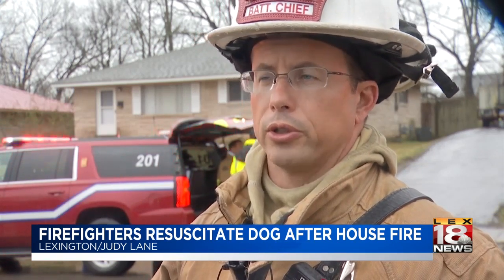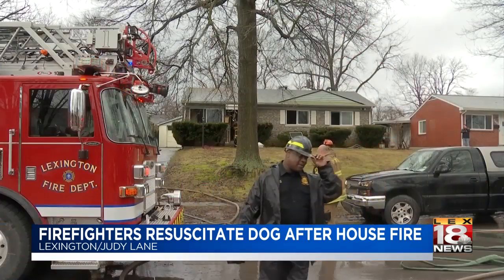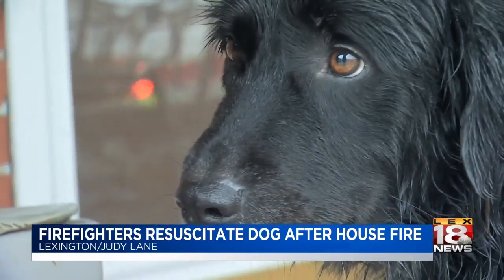We've got some heavy fire damage. Obviously the kitchen is the worst, but there's heavy heat and smoke damage throughout the house, so they are going to be displaced. But Sandra says she's not worried about the damage. The house, oh well, you know, we'll find something else or whatever, but can't find another dog like this. He's a great dog. Covering the news in Lexington, Claire Kopsky, LEX 18 News. The pet resuscitation kits were donated to the fire department by the Lexington Kennel